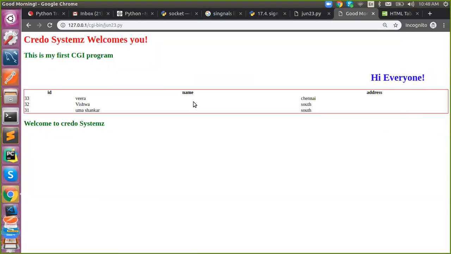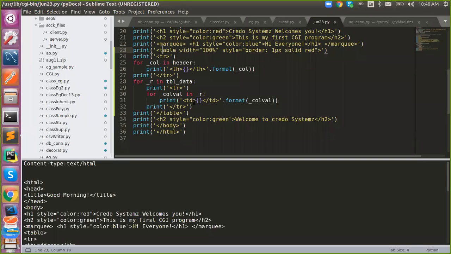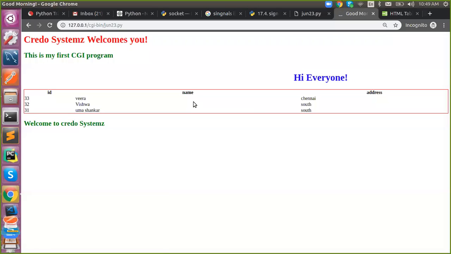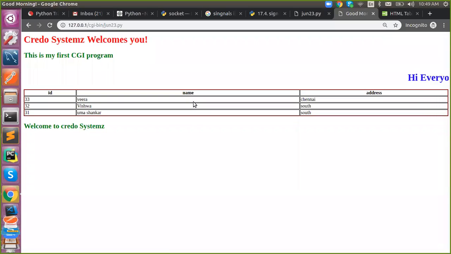So we have to add the same for... got it.